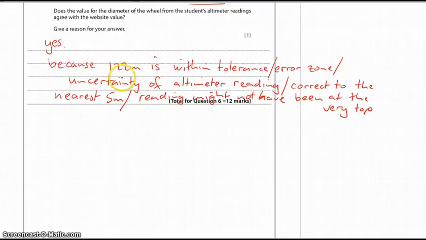So we are within 2 meters of 122, which is within the tolerance, or within the error zone, or the uncertainty of the altimeter reading. And also from the graph, the reading might not have been at the very top